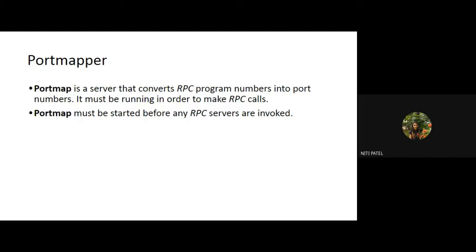So we follow the procedure of RPC, that is remote procedure call, where there are certain RPC calls or RPC commands, like establishing the communication, giving the acknowledgement that the communication is established, then sending the data request, acknowledging that the request is received, then transferring the data, then giving the acknowledgement that whatever data was asked for is received, and at last closing the connection. Who will be telling which port is listening to all these commands or all this information? It will be told by the port mapper.